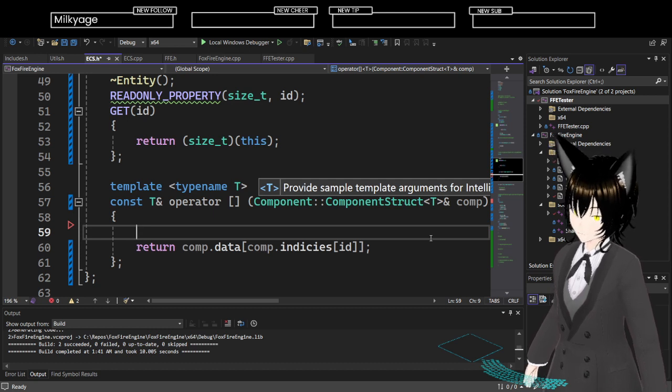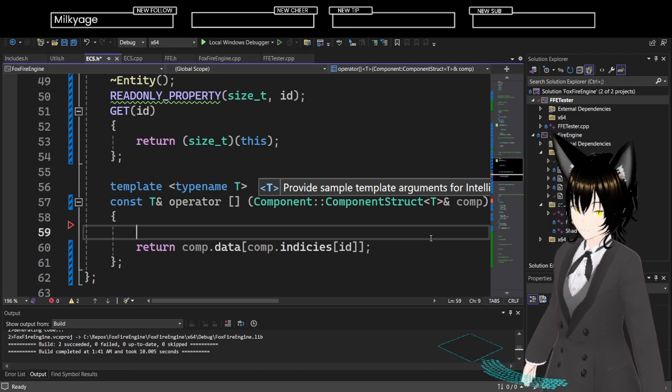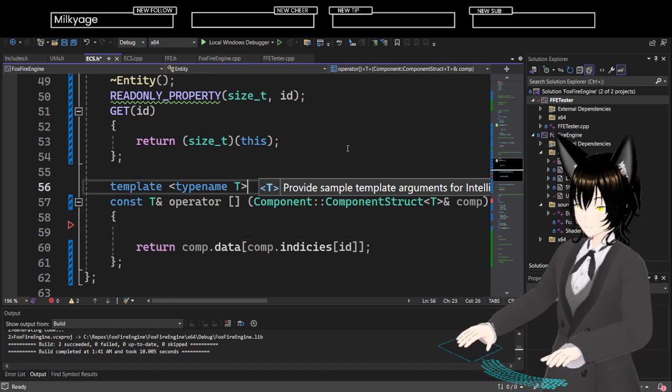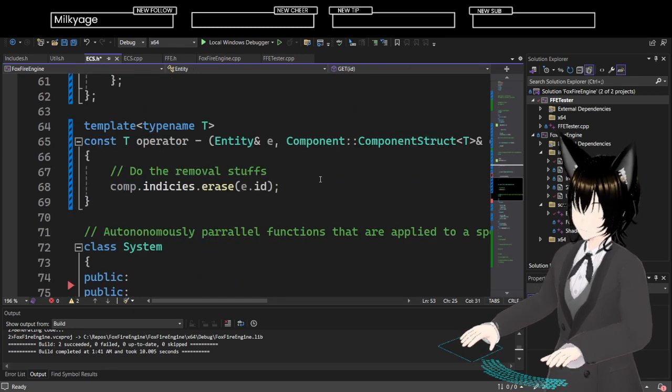But it might turn null. Yeah, this should just be for accessing.